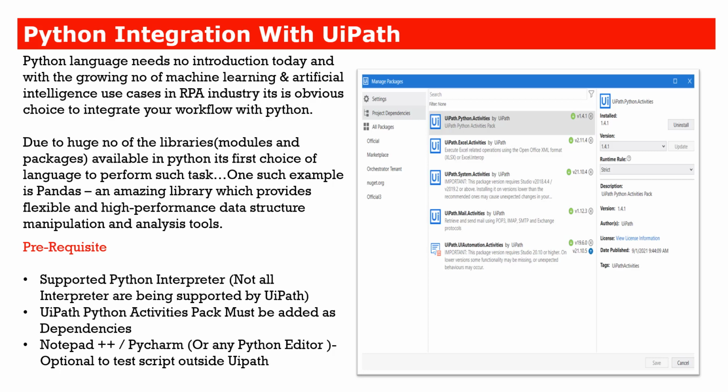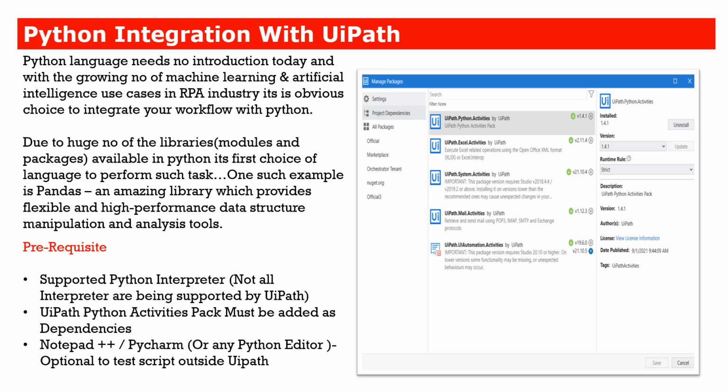Being an RPA developer, if you understand how Python works, it's good. But if you don't understand and you are trying to use the code which is written by a data science engineer or data engineer, you should be able to use it. Why Python is really important is the huge number of libraries, modules and packages available in Python. And that's the reason it's a first choice.